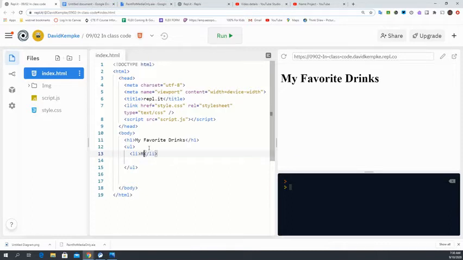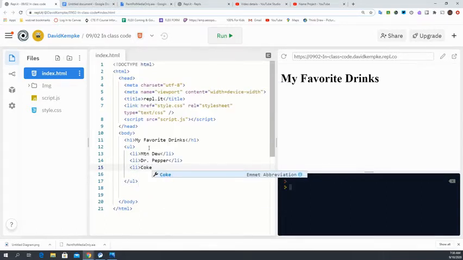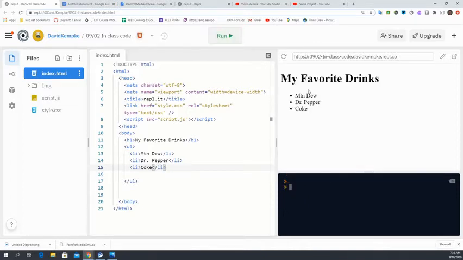Okay, so these are how we signify list elements with LI, and then let's add something to the list. These are my favorite drinks, so let's do a Mountain Dew. Okay, and then let's do another LI. Let's do Dr. Pepper. Close LI. And let's do another one here, Coke. Close LI. Alrighty, and now it's running there. In my favorite drinks, we now can see that we have an unordered list, which is bullet points,